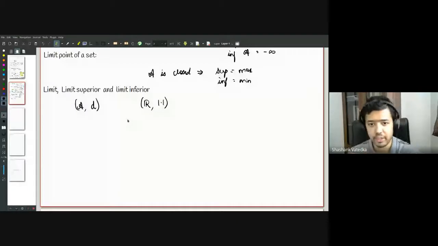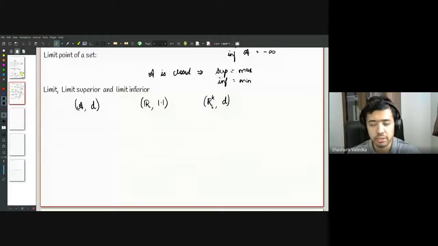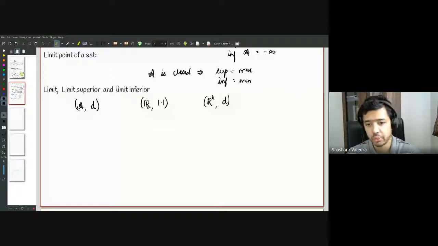Right? But in general, you could define, let's say, R^k, and d is the Euclidean distance between two points, or it could be the L1 distance, or in general, some kind of a distance. Okay. But most commonly, when you talk about sequences, you look at real valued sequences with the absolute value of the difference between two points. Okay, so given such a set with a distance associated with it, and if you have any sequence f of n,